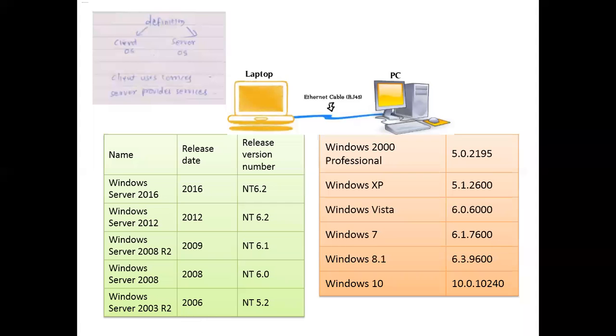The cost of a client operating system is less and the cost of a server operating system is more. The second question is why? The answer is that different built-in servers are there in a server operating system. For example, web server, FTP server, telnet server, HTTPS server, DNS server, proxy server. These are the different applications which are being used nowadays in internet communication.